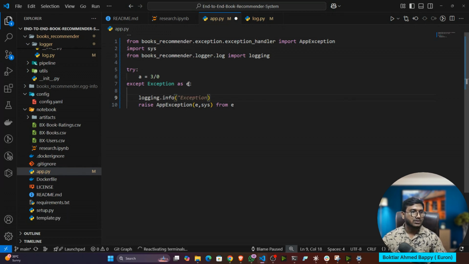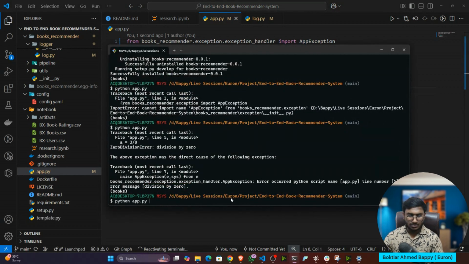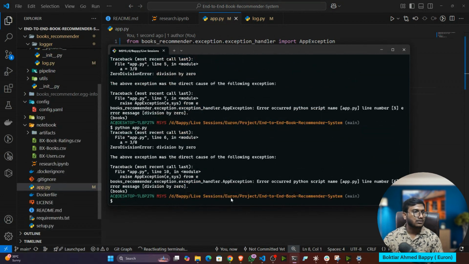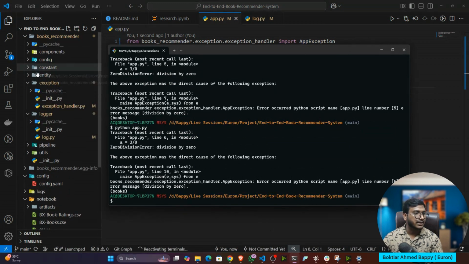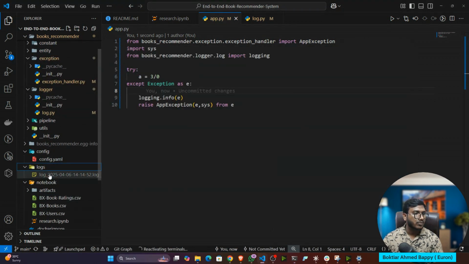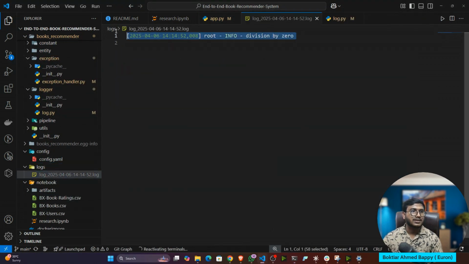Let's say I want to save the logging information here. Now if I execute again, now see, one log folder has been created. And if I open the log, you can see the log message is there.